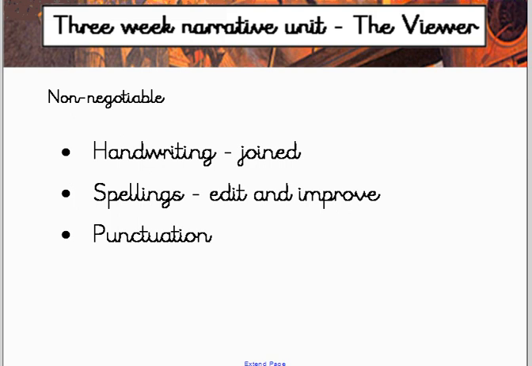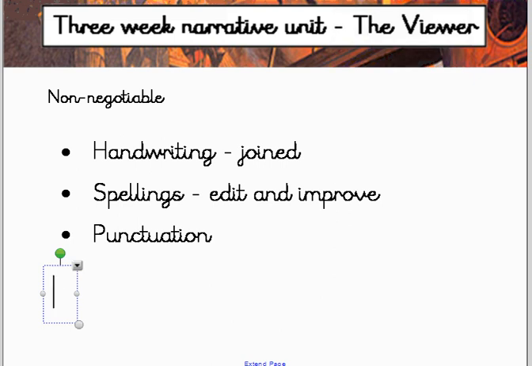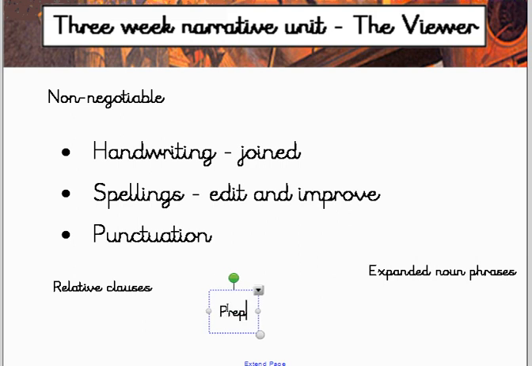I also want you to think about everything that we have done to help us build description. We've looked at relative clauses, we've looked at expanded noun phrases, and you've looked at prepositions.